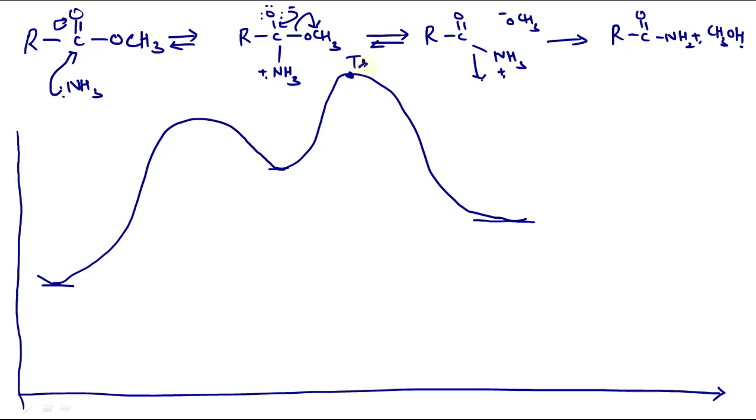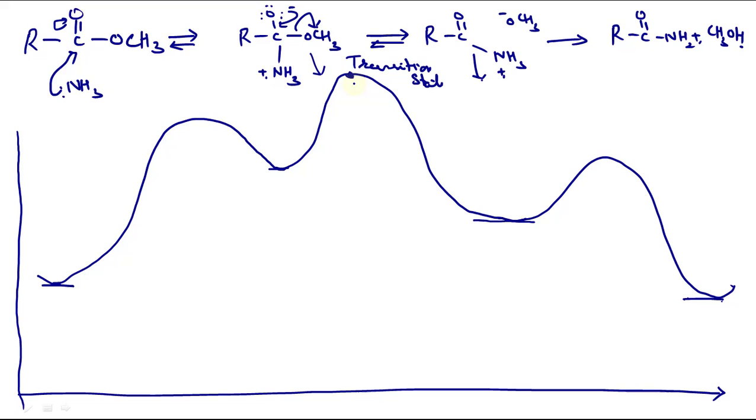So this is your transition state. Then eventually this gets converted to the products. Amides are more stable than esters, so they have lesser energy. So this is the energy profile diagram for this acyl substitution. Now the things to note down here are that the leaving group departs in a separate step, it is not a concerted step, and this step is highly exothermic.